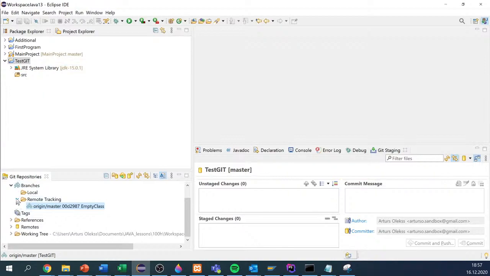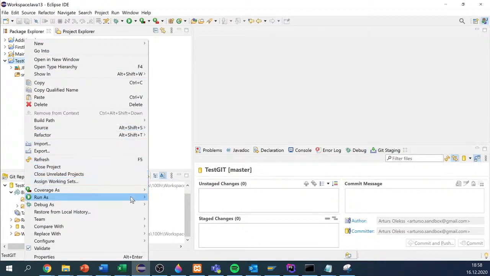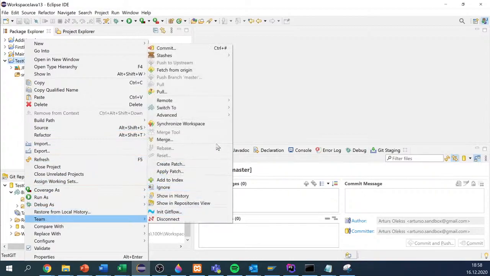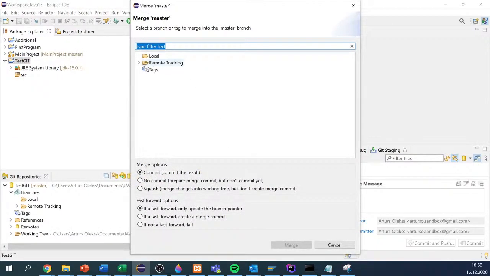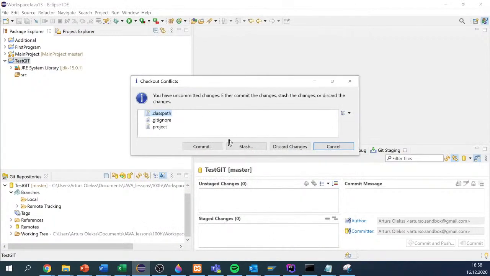But the remote branch is available. So now we fetched the changes, and we can merge them. I select this remote branch, I press merge,